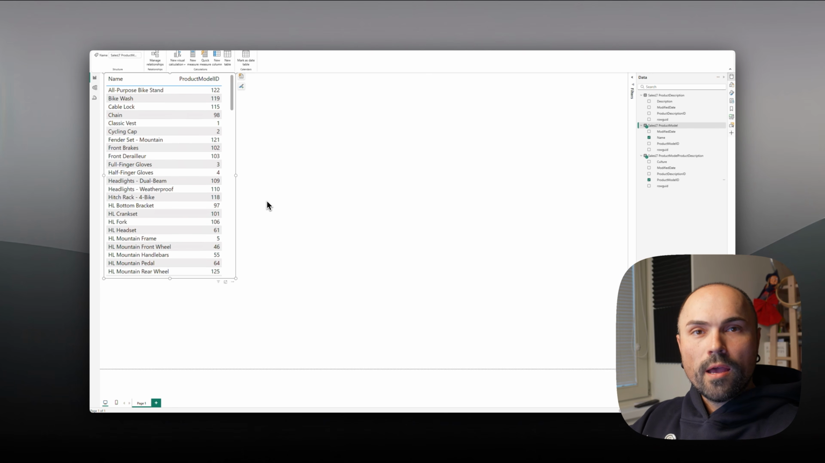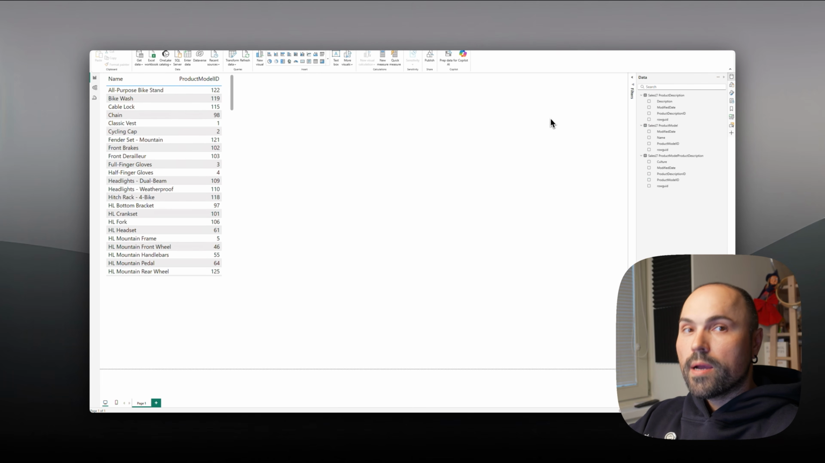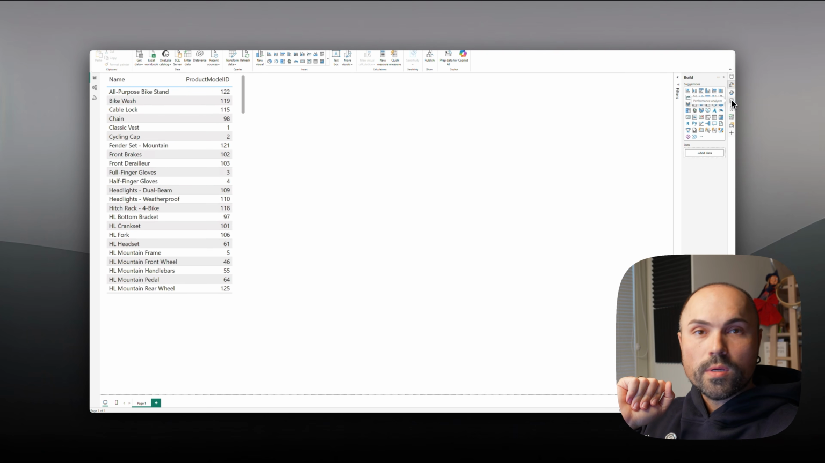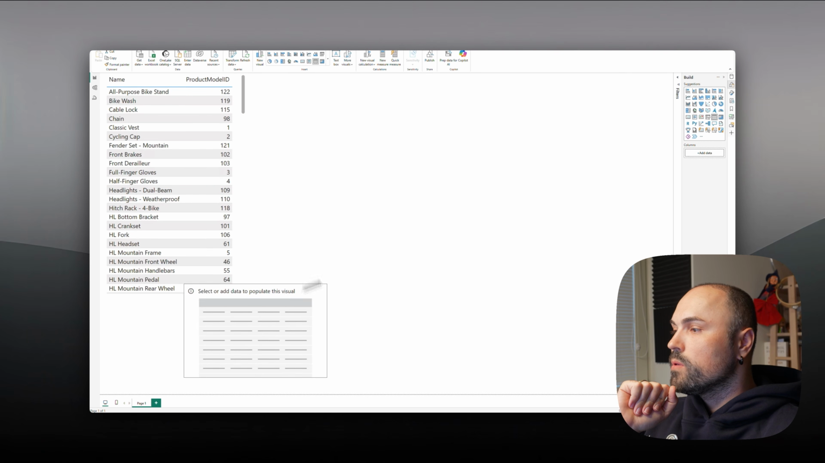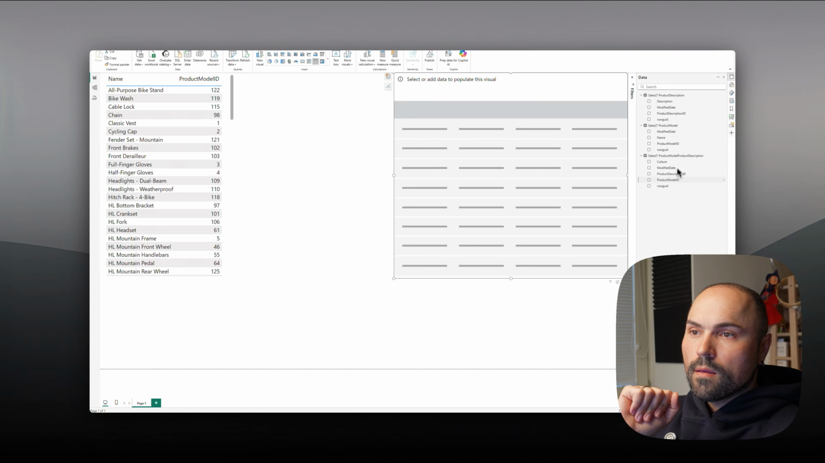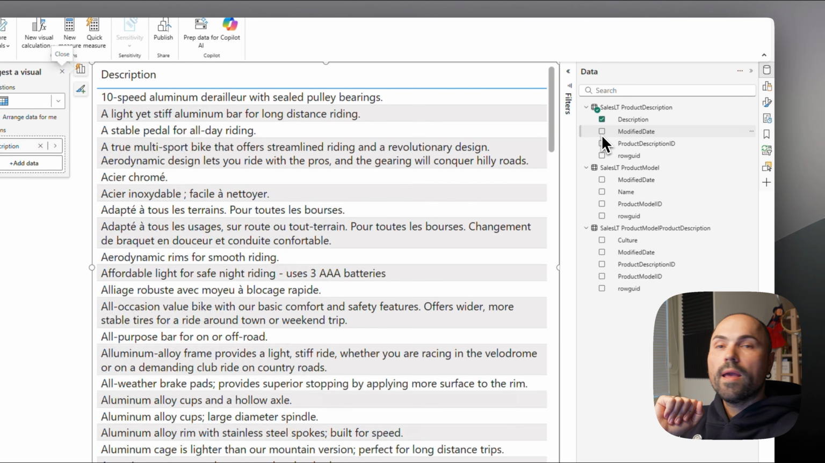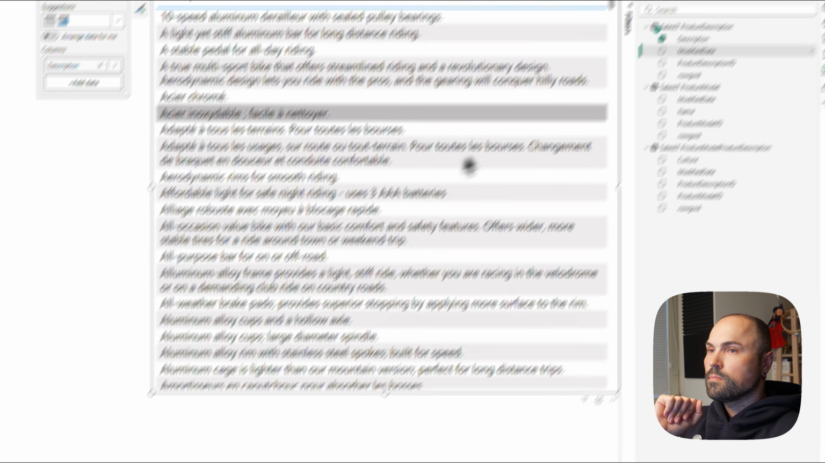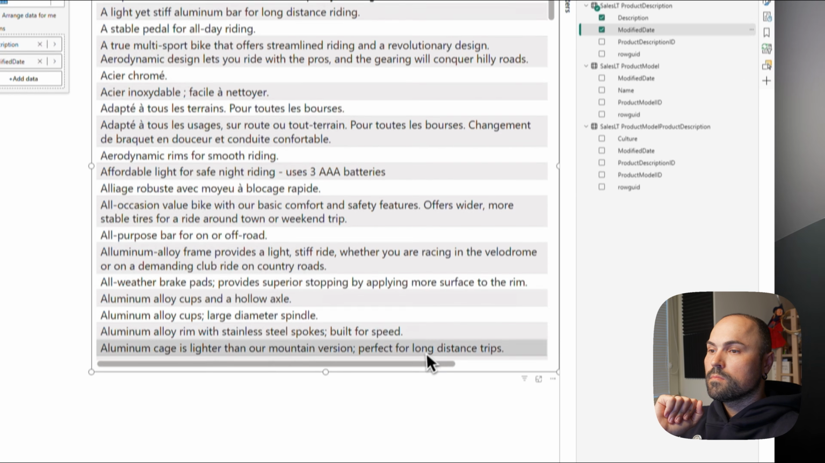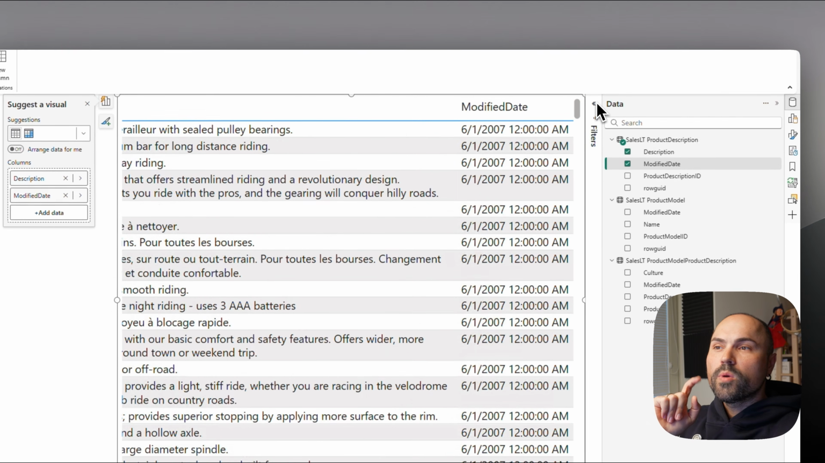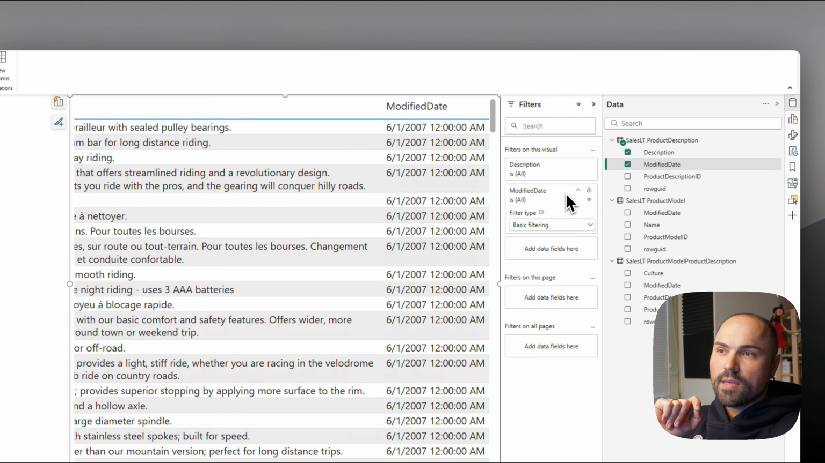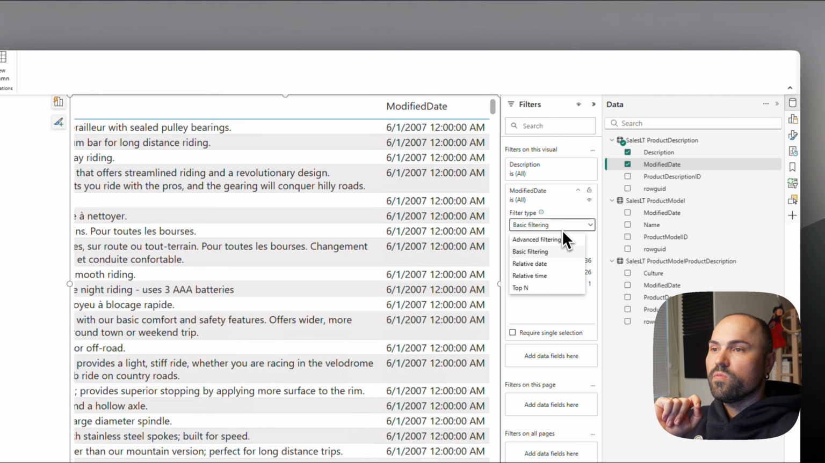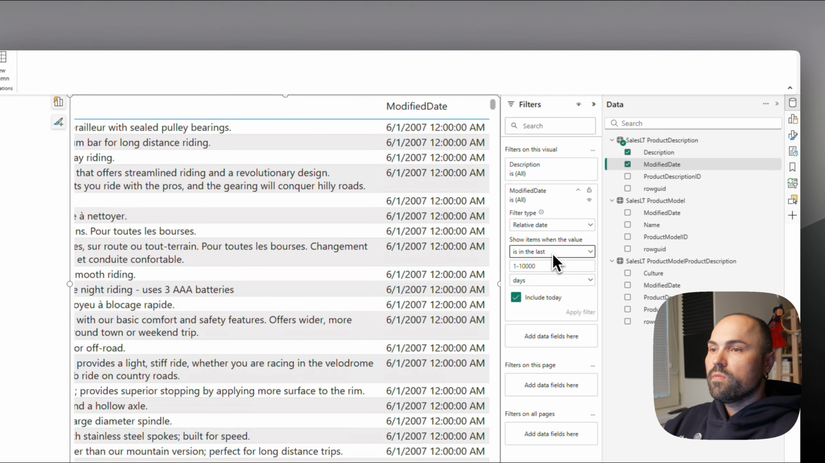So on the left, we'll have list of all products with their model IDs. On the right, we will likely want to see descriptions that we're submitting. So let's add another table on the right. And let's add here description and modified date. And we'll likely want to filter to today's date just to see changes that we've made right away. So let me filter in